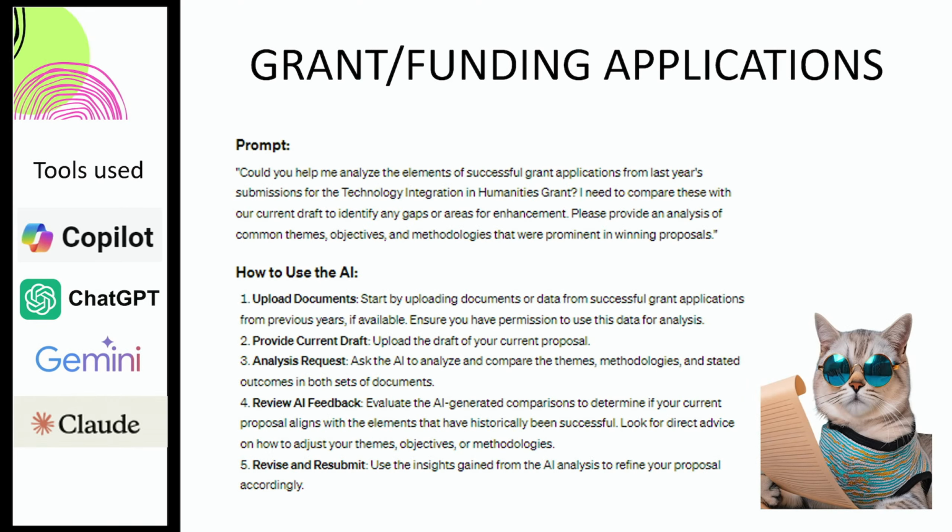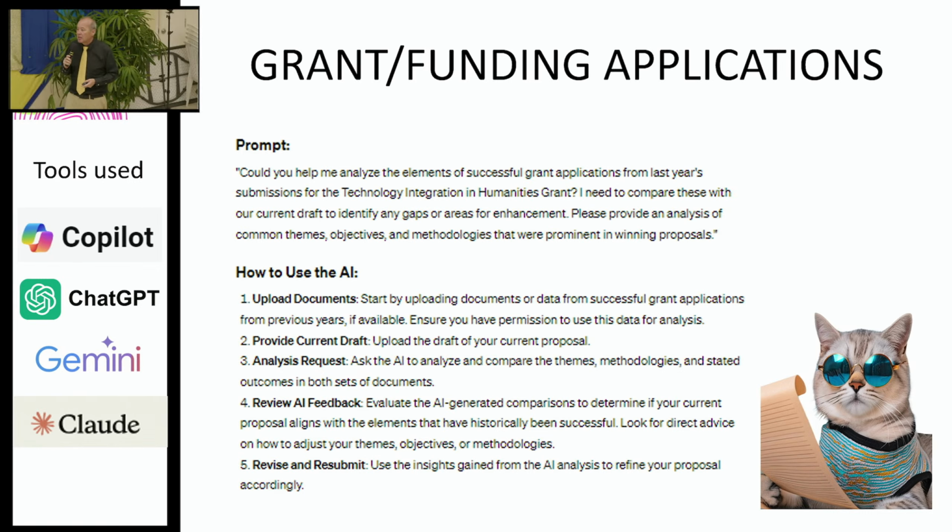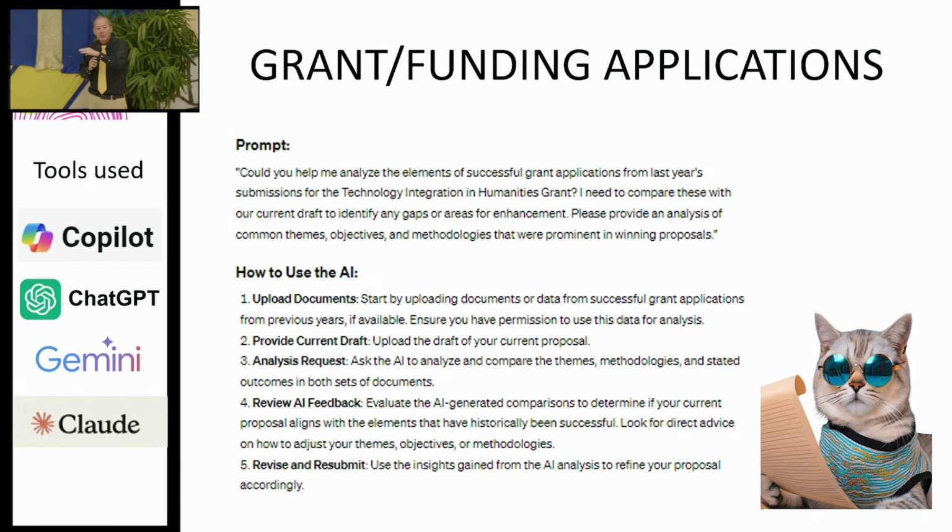Okay, let me move on to a couple of short examples. So grant funding or funding applications. So the small font, and you're going to get this later on, but the wisdom of this is asking AI to look at last year's grant applications, the ones that got funded, and now compare it to mine, let's say. It runs the risk, if you're doing that in public, that it will then become part of the training model. Right, on our campus, Copilot is safe. I can't remember if yours is the same. Yeah, okay, the protected Copilot.